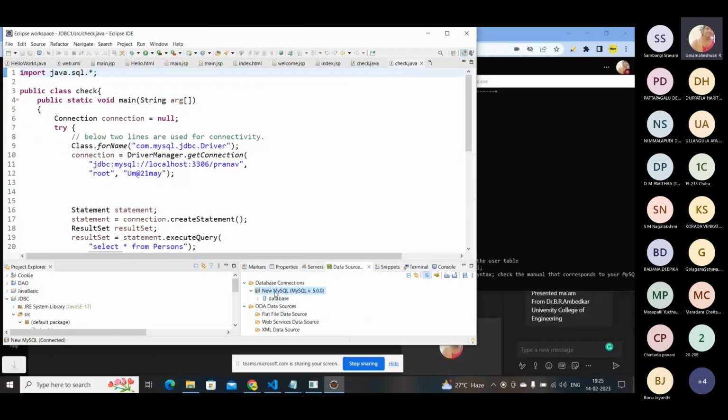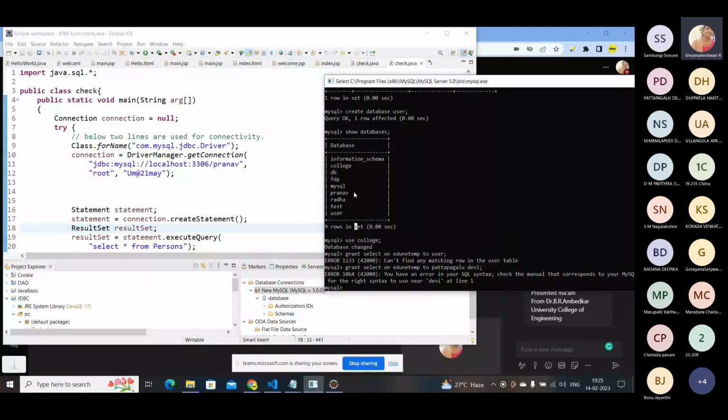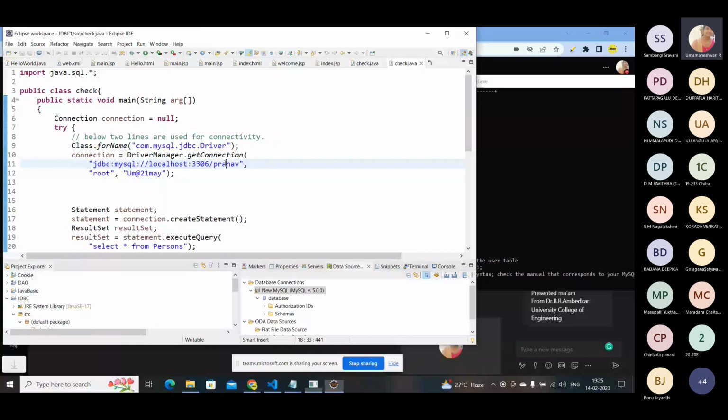In this, you can see the database and schema. What are the authorization IDs we have? In this particular place, I'm using this database. Okay, so I've mentioned this database name. If you have changed the name of root, you need to mention that; otherwise, you can mention root itself. Okay, and what is the password? This is the password I've set. If you come down,